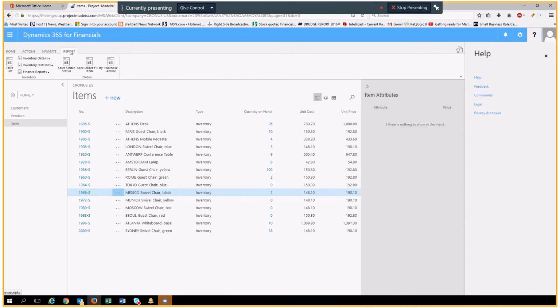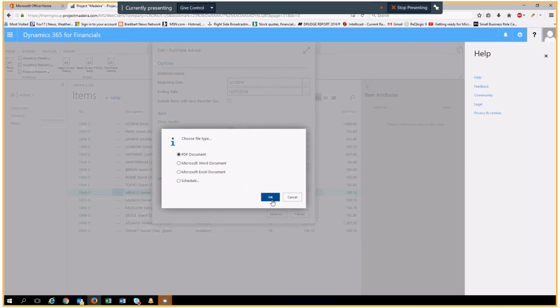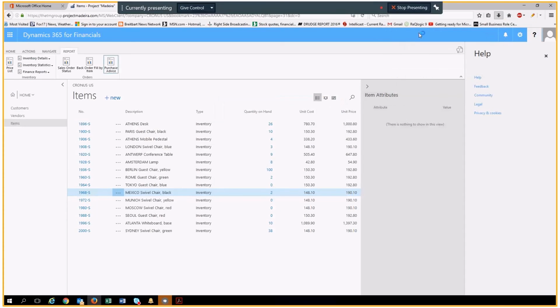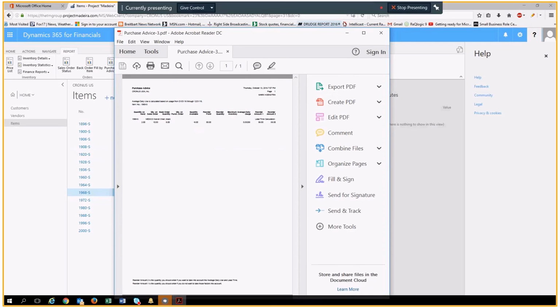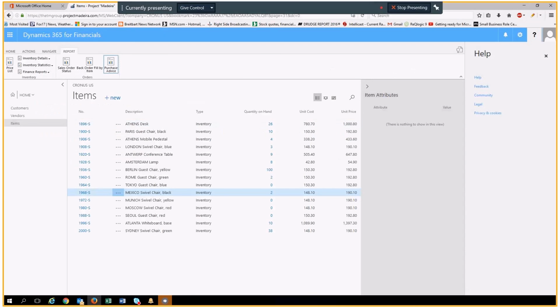So let's just take a look at what that did to my purchase advice, because now I have one more on hand, and my available calculation should have changed. Now instead of 9, it's 8, because I put an extra on hand. That's what this report does for you. It's kind of a planning tool that helps you. So on purchase orders, if we're going to do a replenishment order or a purchase order,